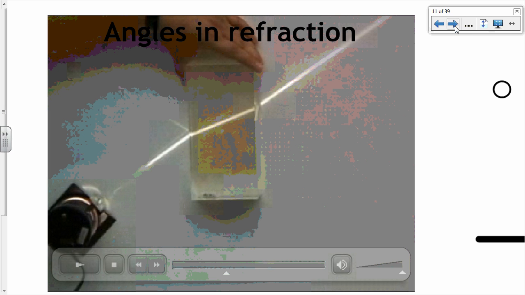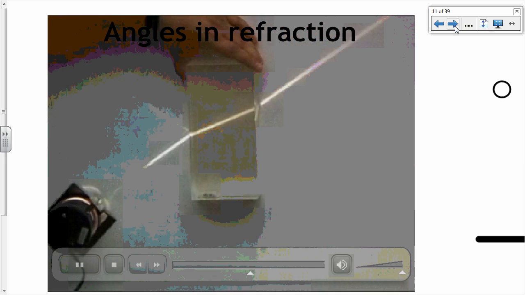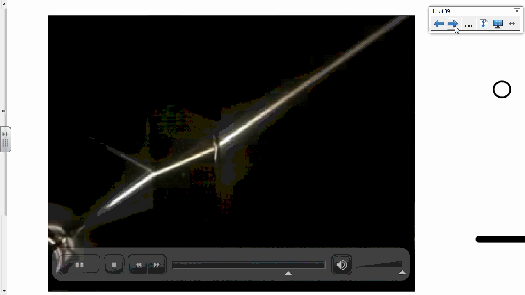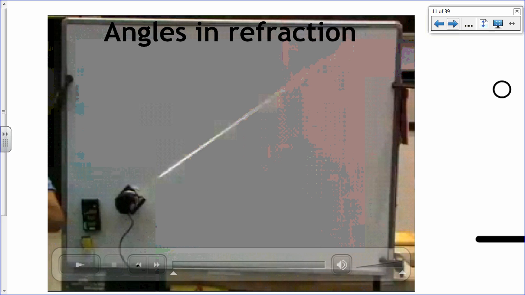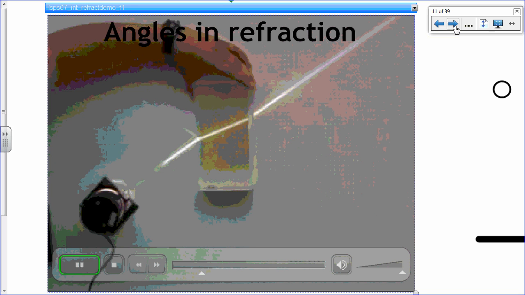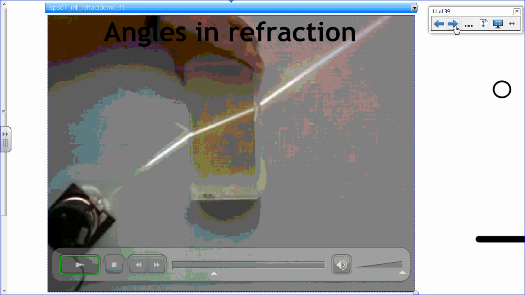Here's an example. I used to kind of set this up in class, but I just found this was a little bit easier. And so this is just a light source, right? And I don't know if you saw it or not, that's a black line or a black dot. Let's erase that. The light source is just shining a beam of light. He's going to take a block of plastic or a block of glass, and you can see that when it hits that boundary, the